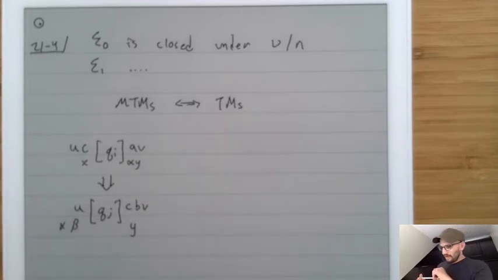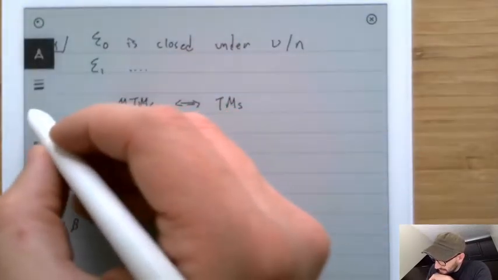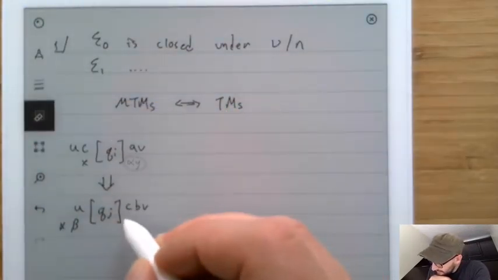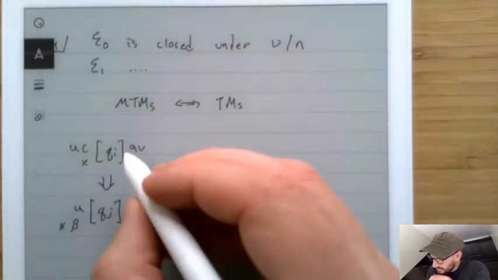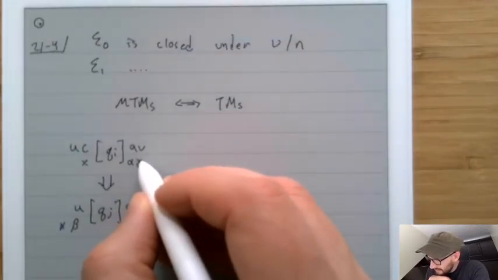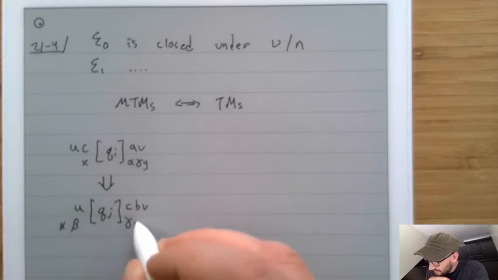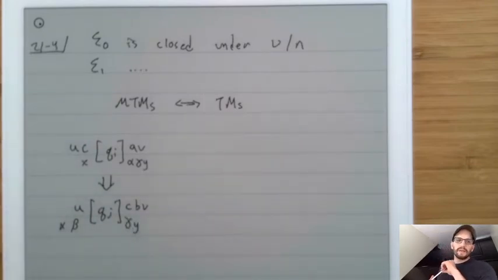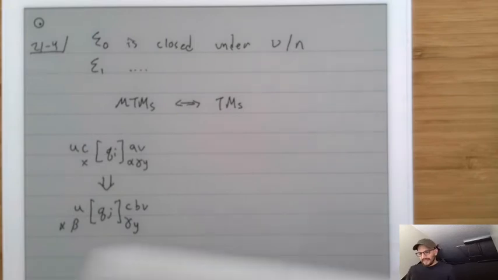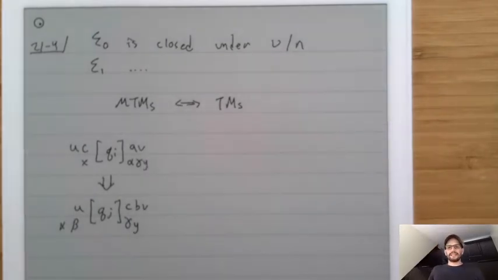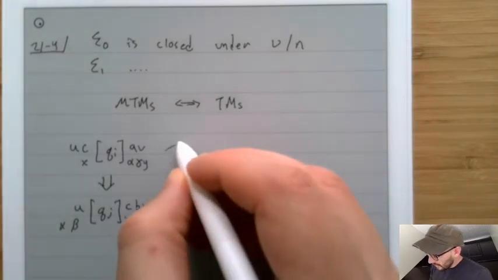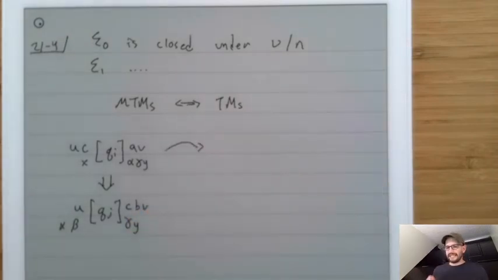Okay? Now, let's just clarify one thing a little bit. Let's suppose that there's alpha and then gamma Y, so then we have gamma Y here. Now, clearly this kind of configuration doesn't make any sense in terms of normal Turing machines, because normal Turing machines only have one tape, not multiple. So what we need to do is figure out a way to turn a configuration like this into a configuration